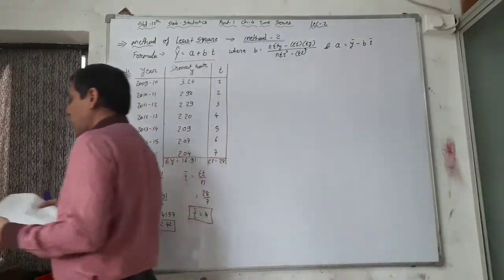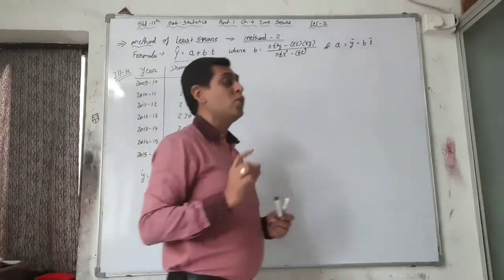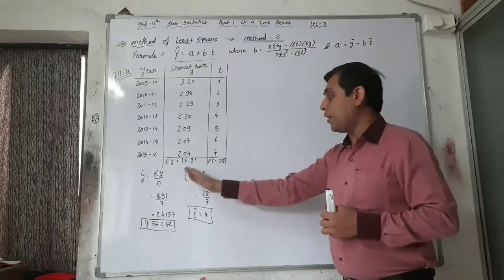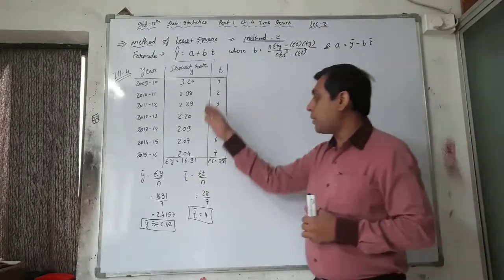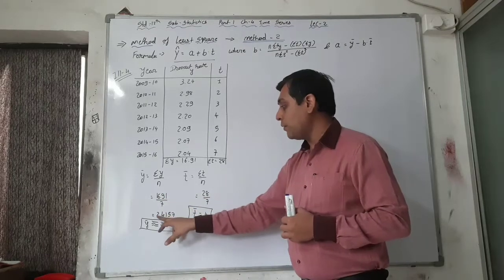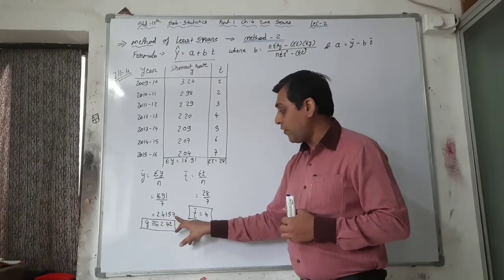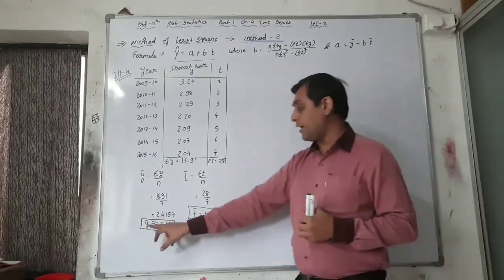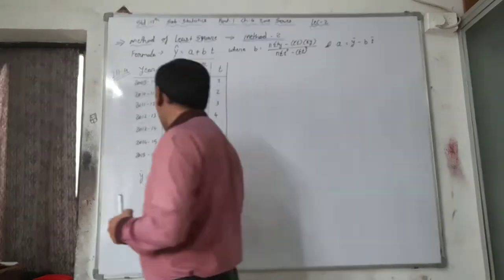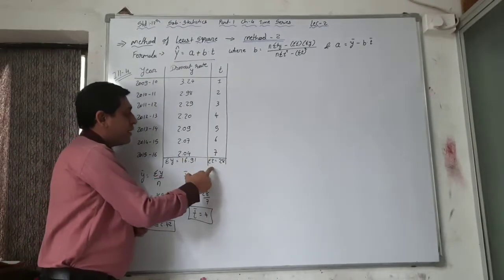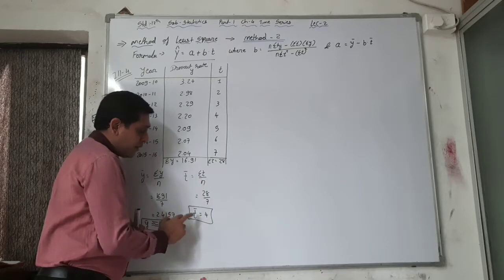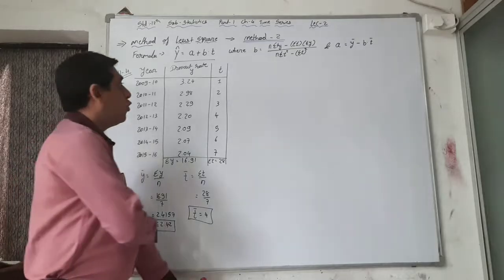That's why the first question is whether we have to take the UV method. No, here only one method is there, that is the direct method. We have to find out first y bar and t bar. Y bar is equal to sigma y upon n, that is 16.91 upon 7 is equal to 2.4157. So the approximate value of y bar is equal to 2.42. Now t bar. What is t bar? Total sigma t is equal to 28. So t bar is equal to sigma t upon n, 28 by 7. That's why t bar is equal to 4.